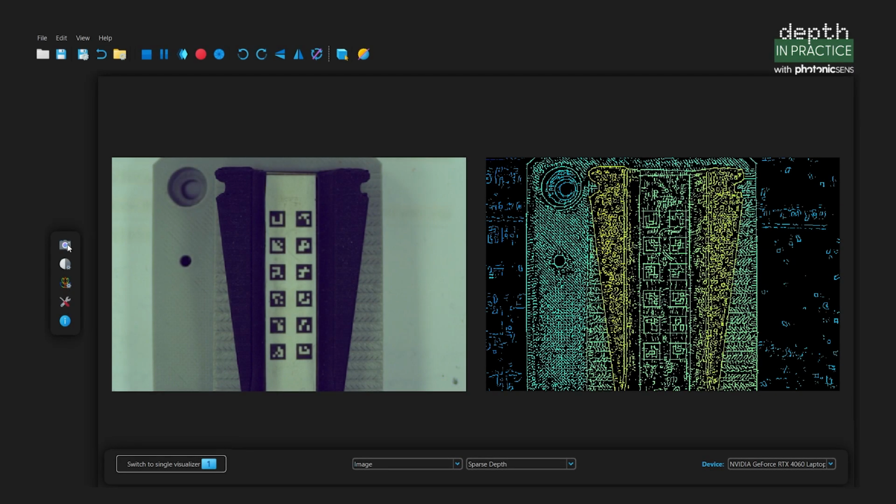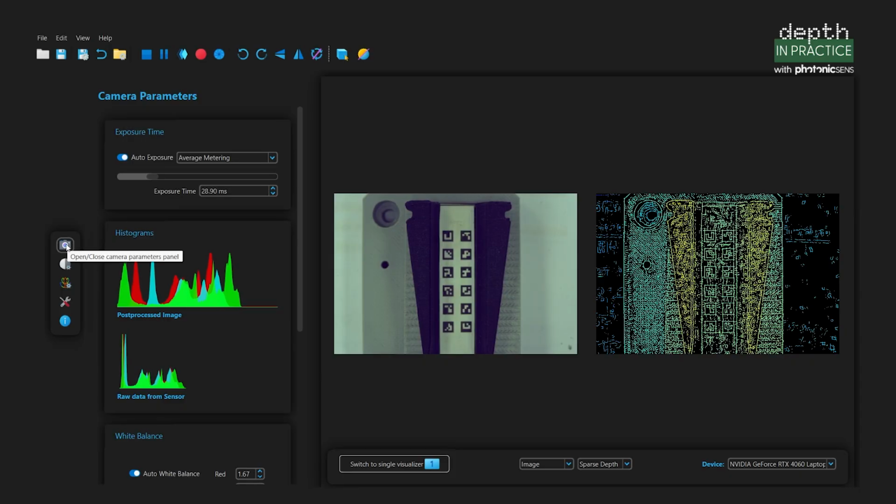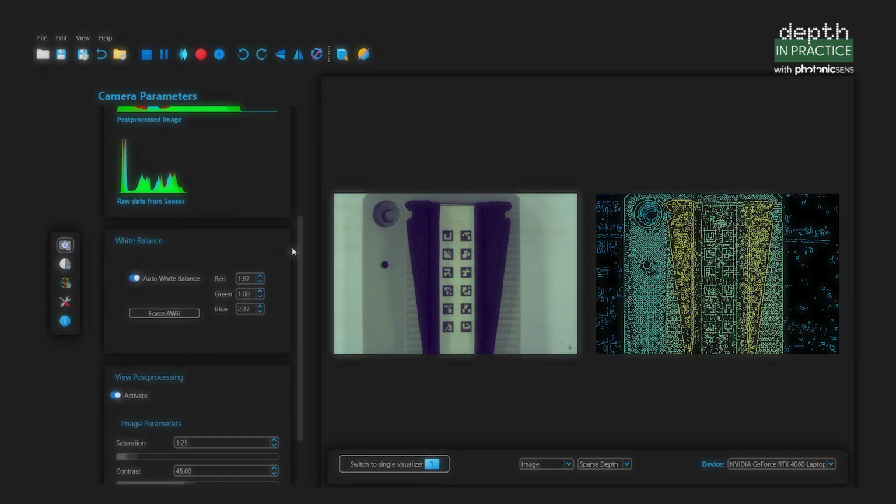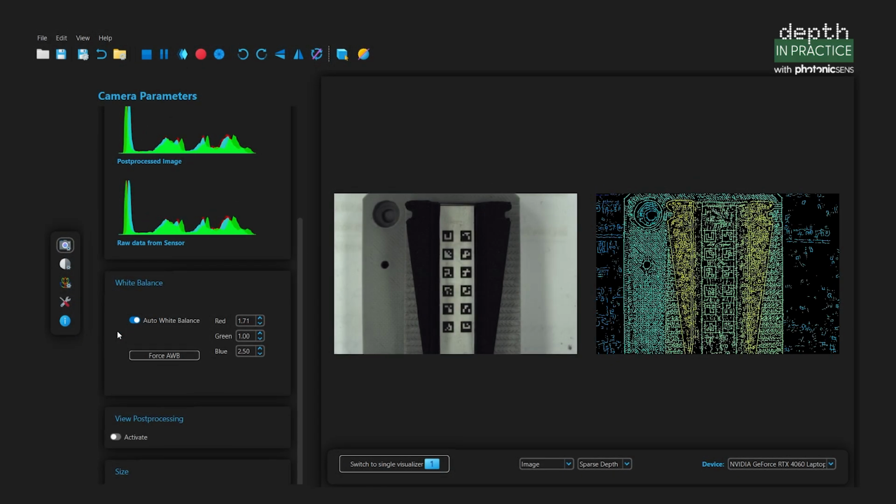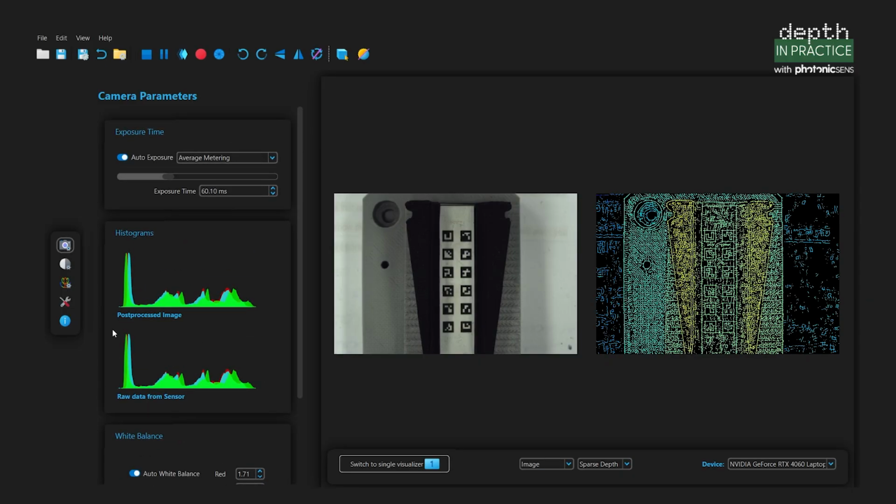Configure the parameters to ensure optimal operating conditions. To start, make sure the lighting and focus are properly set. Open the Camera Parameters menu. To start shaping your scene and obtain an accurate reading, make sure that View Post-Processing is disabled. Post-processing is useful for improving the 2D visualization and the point cloud, but it should remain off during the first